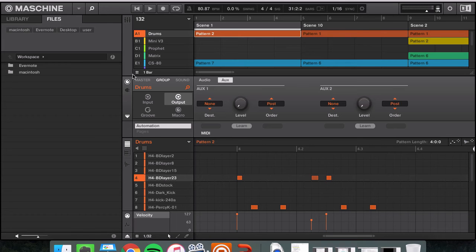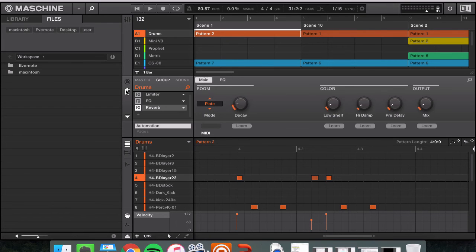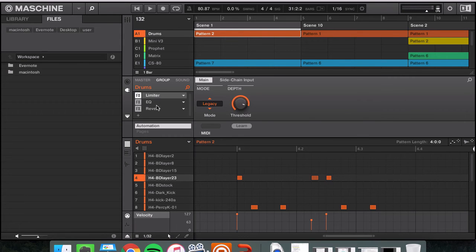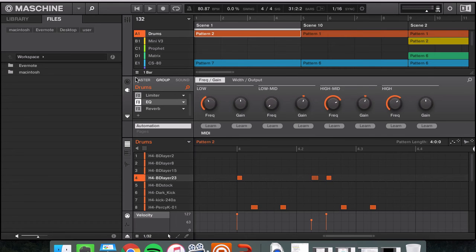And then at the same time, I'll take that even a step further and already have this drum group mixed the way that I want it. All right, so I'll set up my limiter, my reverb, my EQ. Like I said, I'll route it through the send channels so that my drums are already hitting every single time I create a new beat.